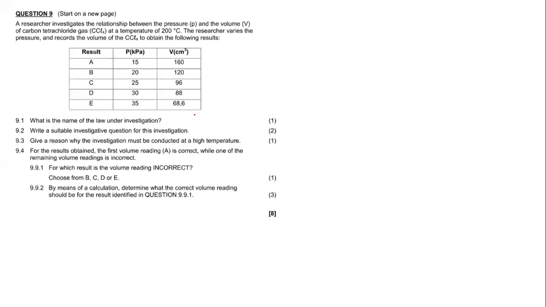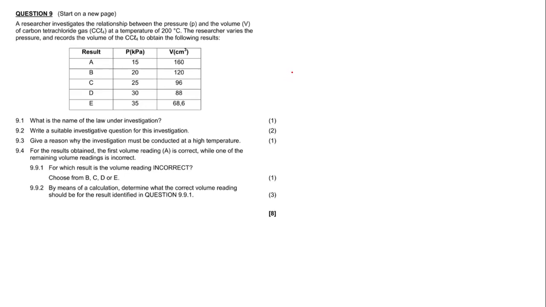Now we're gonna do question number 9. Now, question number 9 reads as follows. It says a researcher investigates the relationship between the pressure and the volume of carbon tetrachloride gas, given by CCl4, at a temperature of 200 degrees Celsius. The researcher varies the pressure and records the volume of the carbon tetrachloride to